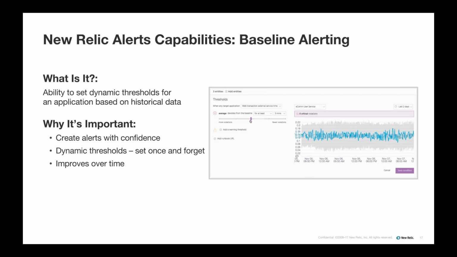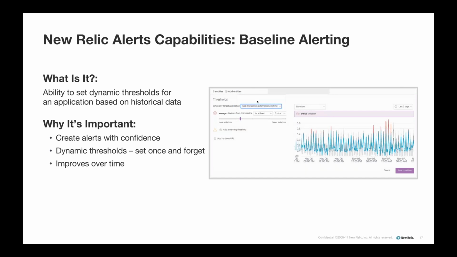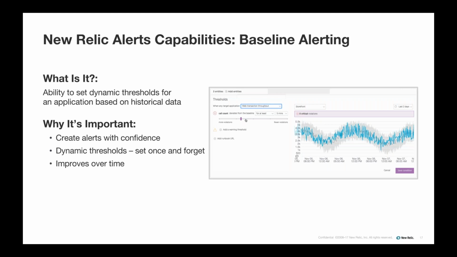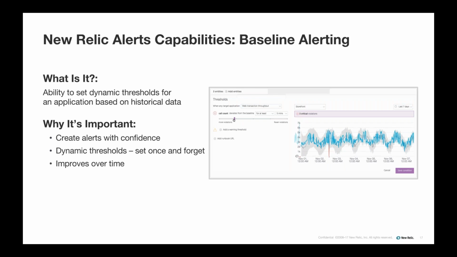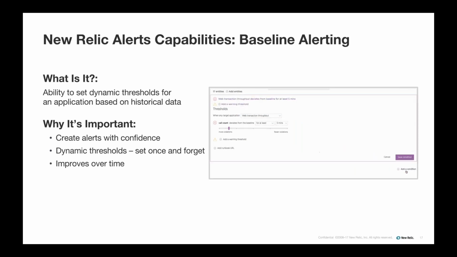Whether they're trending up or trending down over time, that makes it difficult because you'll have to start bumping your static thresholds over time as you reach them, even though everything's fine. So if you've got a service that is becoming more popular over time and throughput's increasing, but you care about throughput not spiking or dipping,